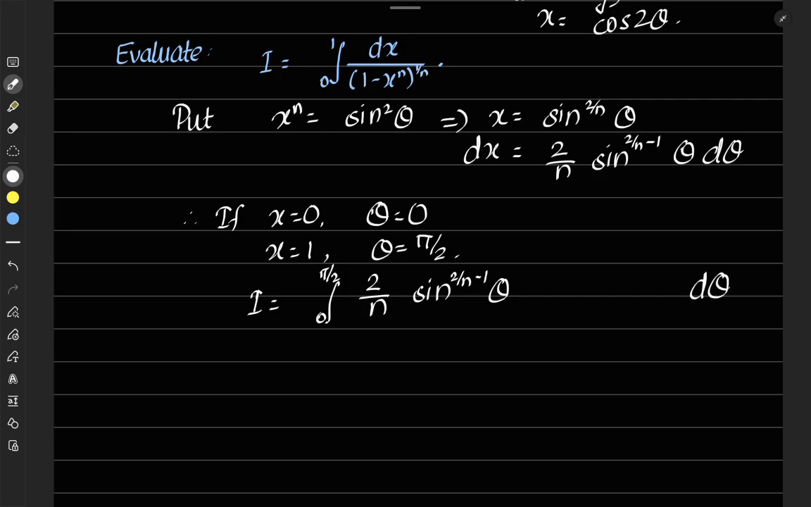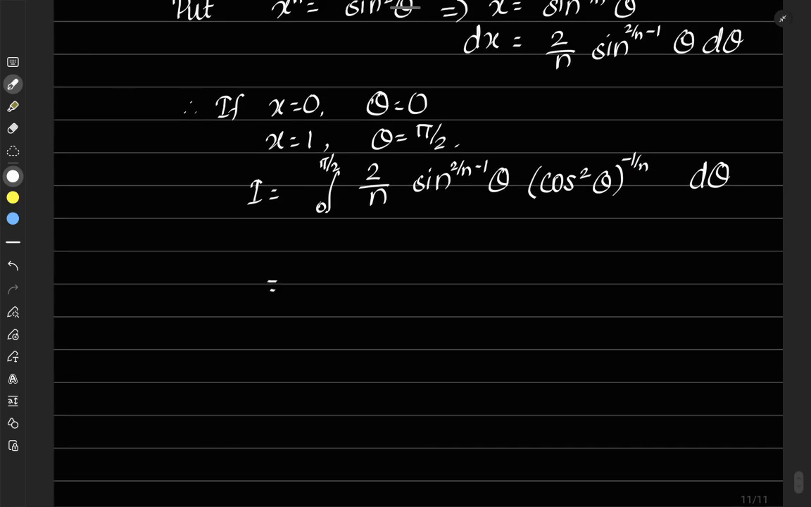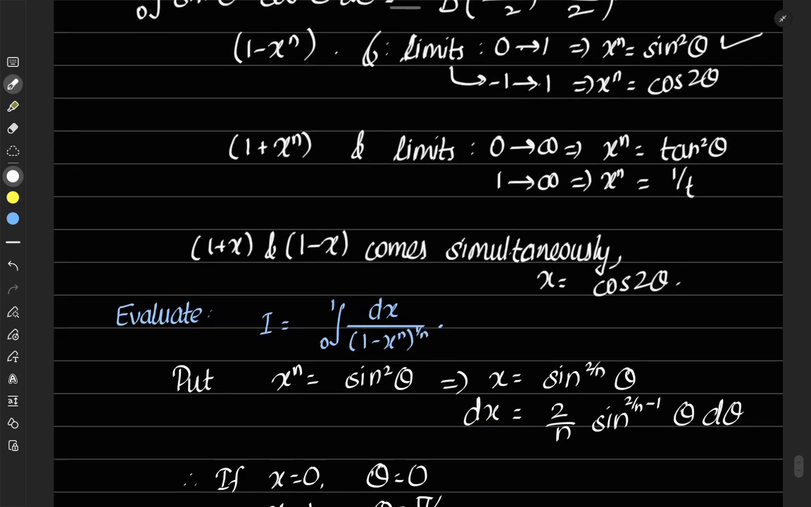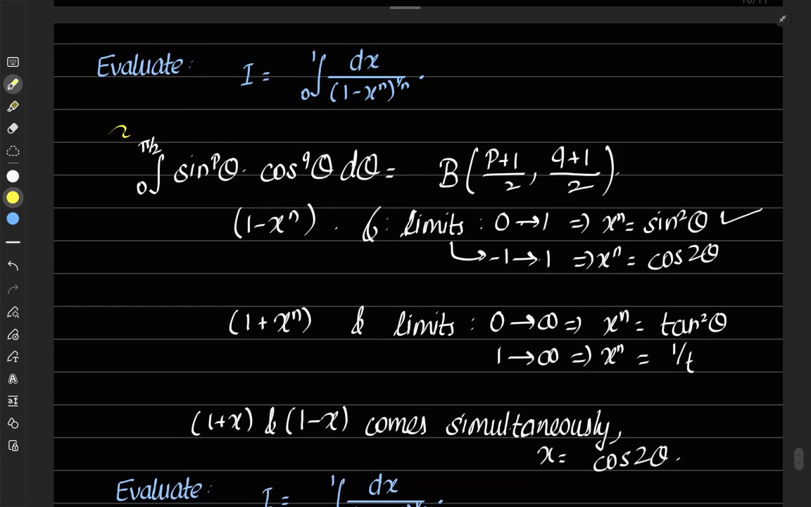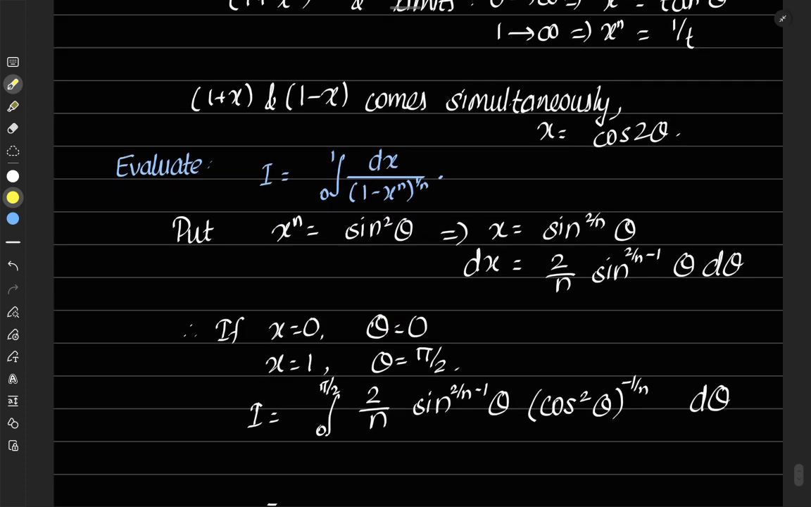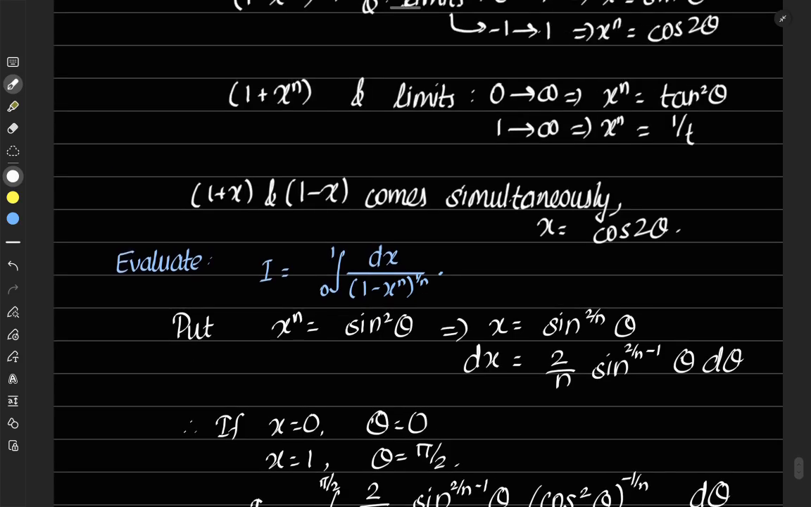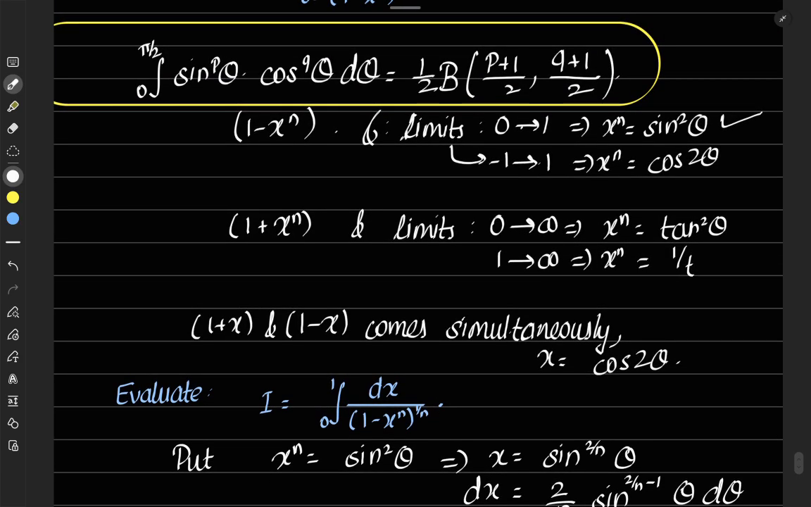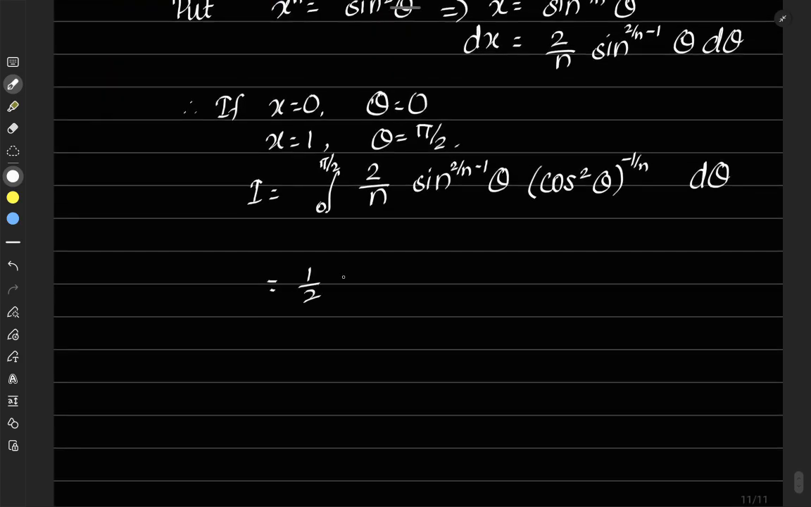I will write down d theta later. And notice that this is our cos square theta and power minus 1 by n, because it is in the denominator. So comparing with our standard formula in the trigonometric functions, we can write down this integral. Well, we should not forget here half, so we can write down this as half into 2 by n